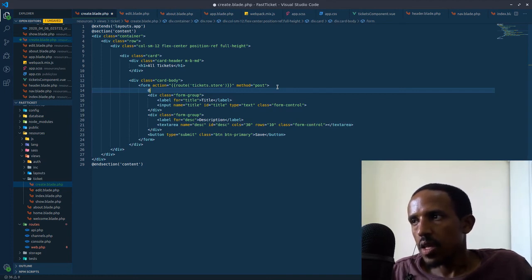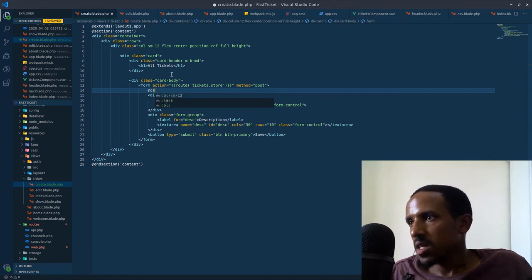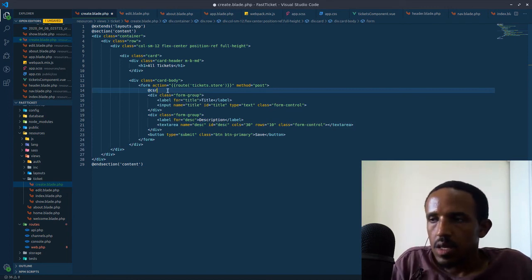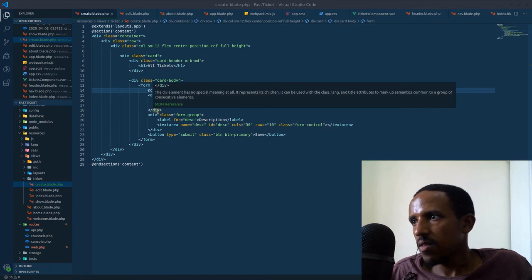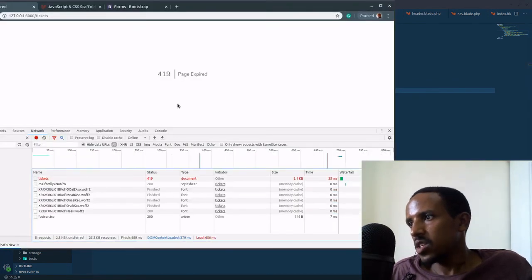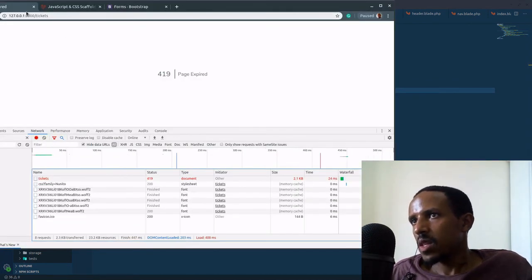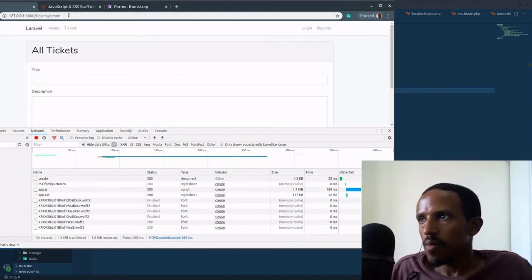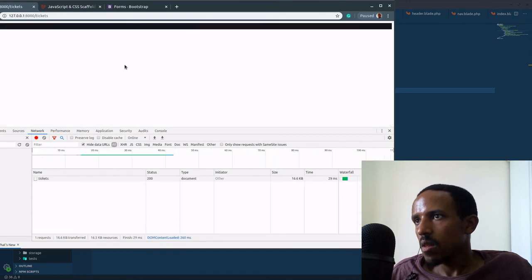You tell Laravel that yes, it's coming from this application by including this Blade directive here, the @csrf directive, cross-site request forgery. Now if I refresh it, let me go back, tickets/create, I submit, and now it's submitting